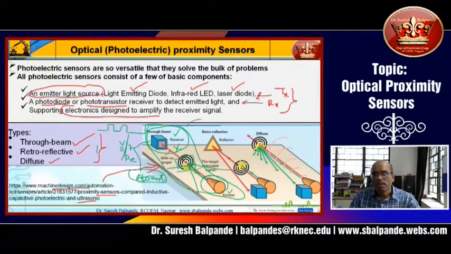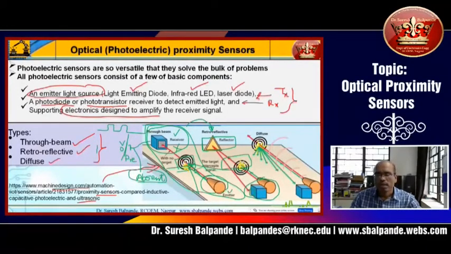Then coming to the next part, that is called retroreflective. In this case, transmitter and receiver are clubbed together. It is mounted in a single case, and you can mount either side. On the other side, you have to put a reflecting glass, you can say mirror. This mirror will reflect the light beam continuously, and it will fall on the receiver part. So whenever there is an interruption, again the same story is repeated. So this is the arrangement you find in retroreflective.